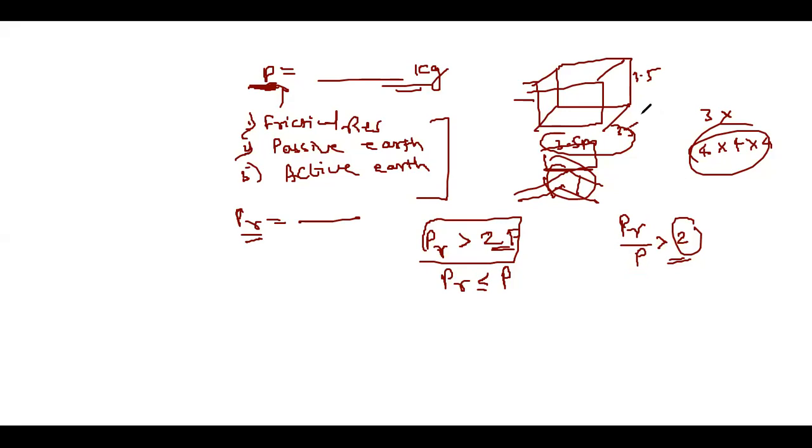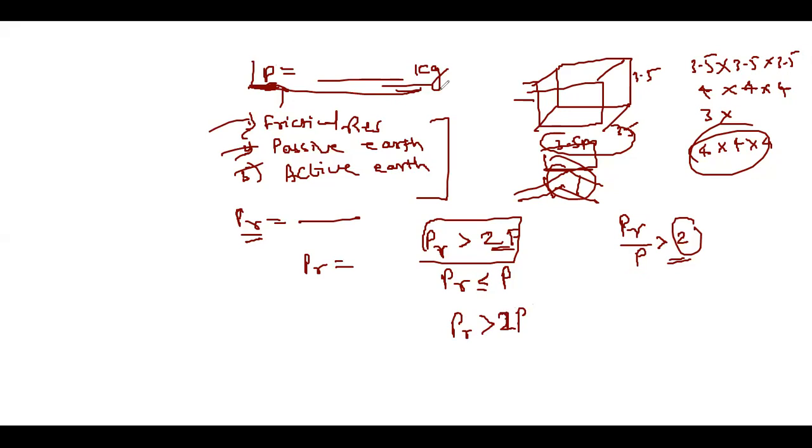We have to increase the dimensions of the thrust block. Earlier, we considered the dimensions as 3.5 by 3.5 by 3.5. Now, let us increase that dimension by 0.5 meter and make it 4 by 4 by 4. And again, we follow the same procedure, which means we find out the value of PR. This P we have to calculate only once. It is not necessary to calculate it again and again.